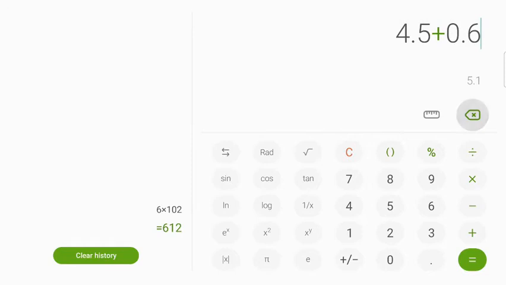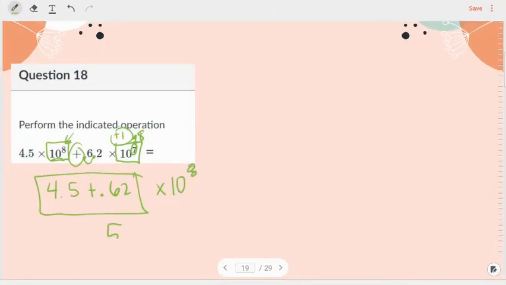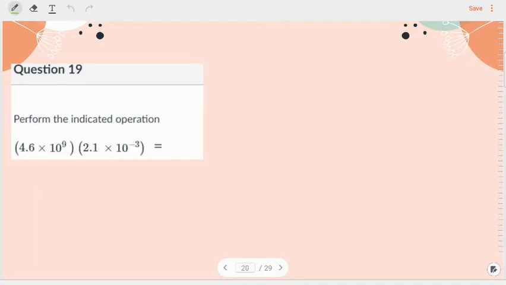6.2, not what 5.12. So 5.12 times 10 to the 8th power is my final answer. Now,